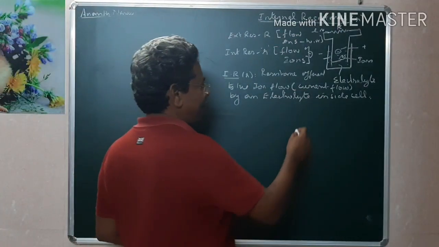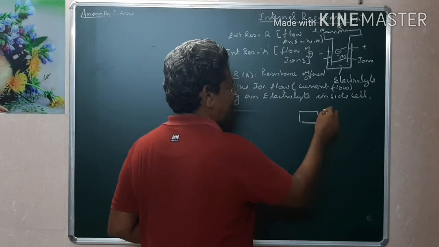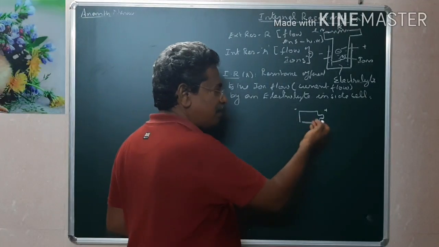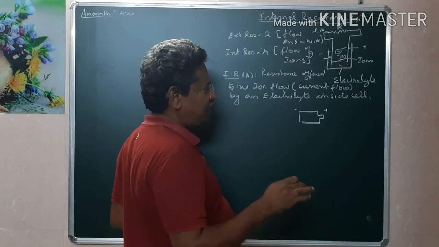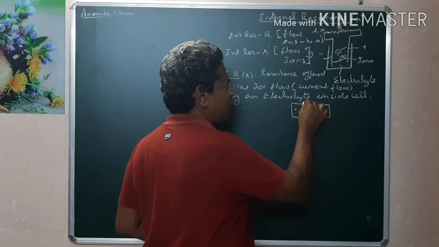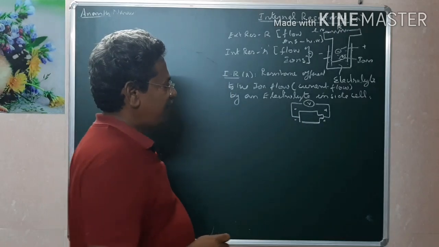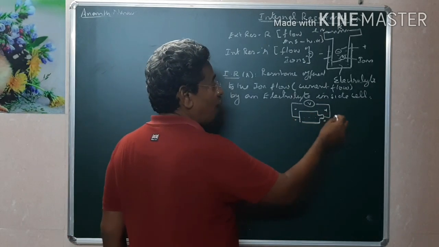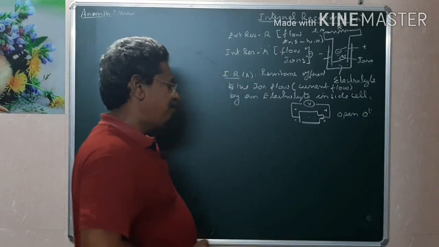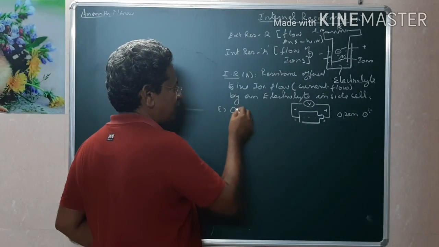For example, I am buying one everyday cell from the shop. This is the positive terminal and this is the negative terminal. Before opening the seal, that is before connecting it externally to any light or anything, first I am measuring the voltage of the cell by connecting a voltmeter across the two ends. This is the positive terminal and this is the negative terminal. This type of connection is called an open circuit. Why open circuit? Because it is not externally connected with any bulb or any external device. Therefore, the first case is called open circuit.